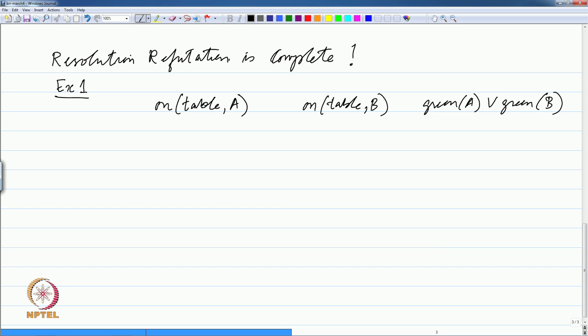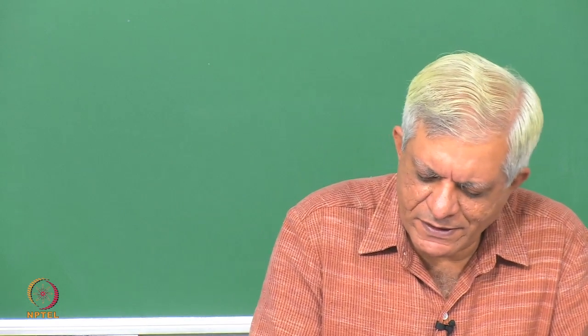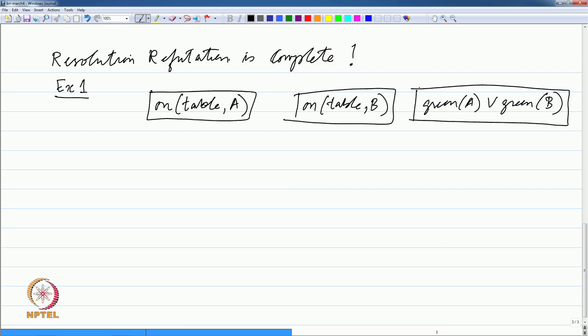So, you might recall that the resolution method requires all the formulas to be in conjunctive normal form. In this case, all these 3 formulas are already in conjunctive normal form, they are very simple formulas. So, we can work with them directly. We will revisit the method of converting formulas later on. So, this is given to us,